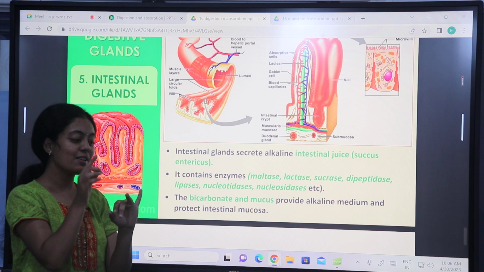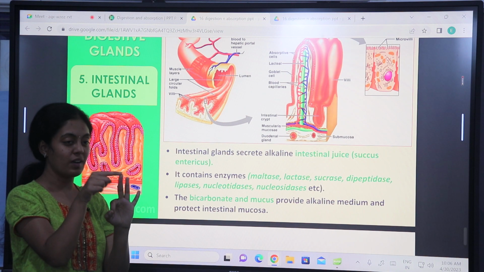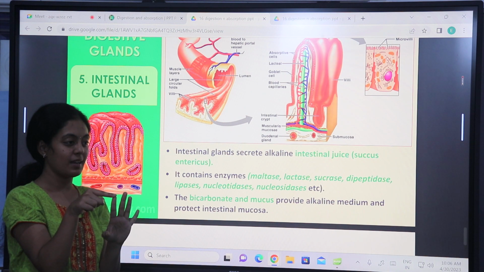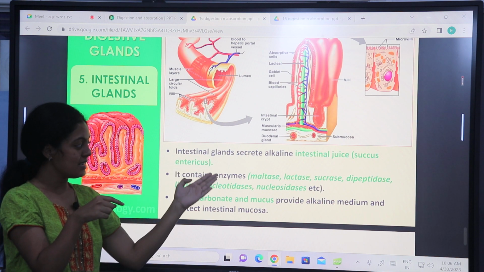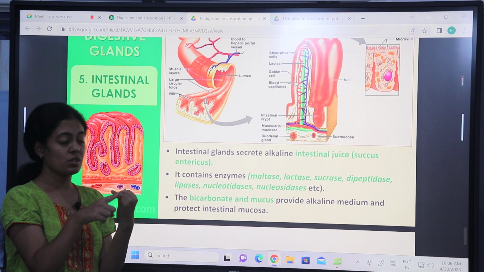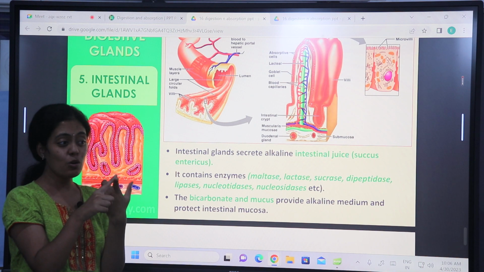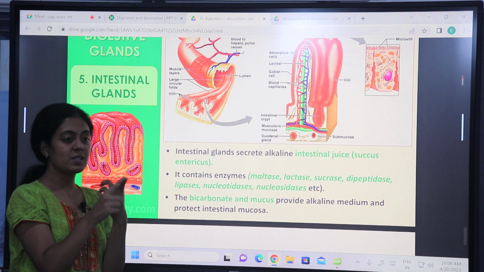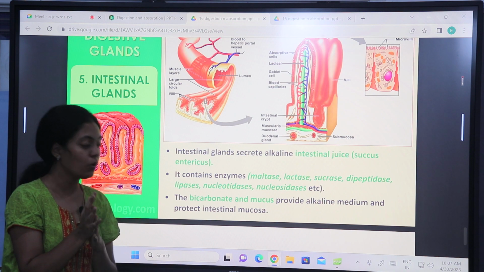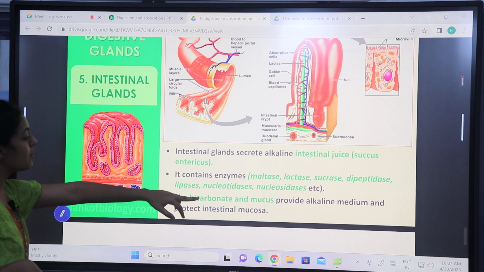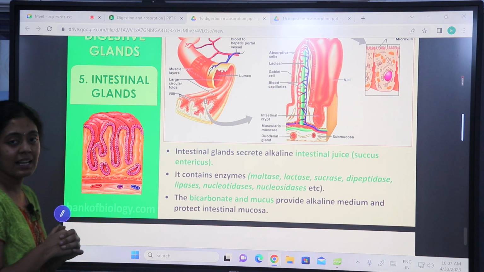Polysaccharide. Monosaccharides are only glucose, galactose, fructose, ribose. Disaccharides are these. Polysaccharides are starch, glycogen, chitin, cellulose. Please go through biomolecules once. So the bicarbonate and mucus provide an alkaline medium